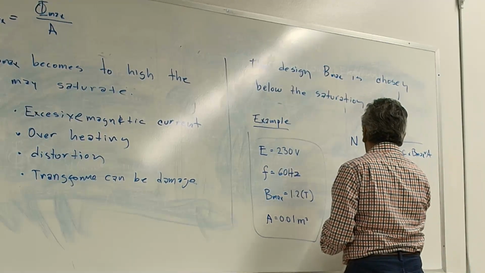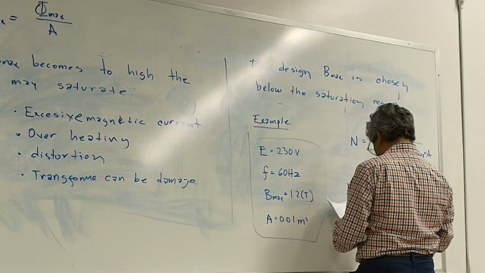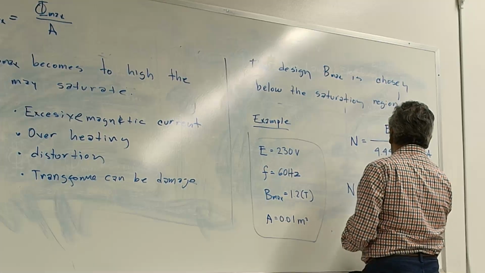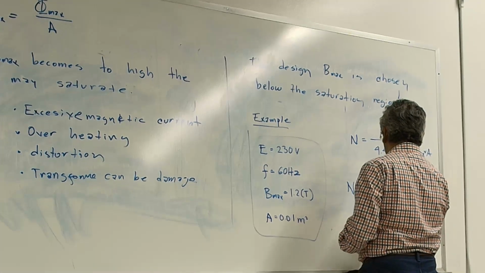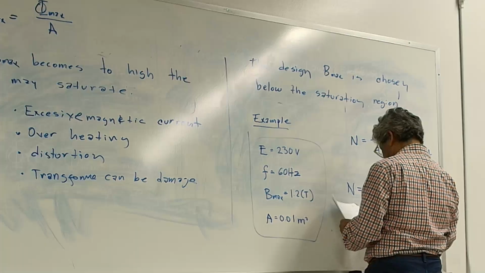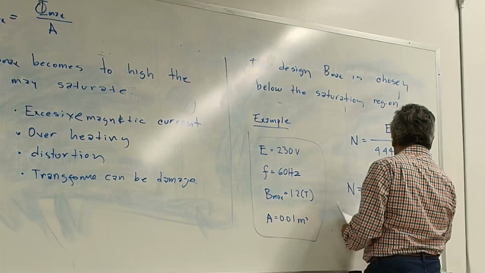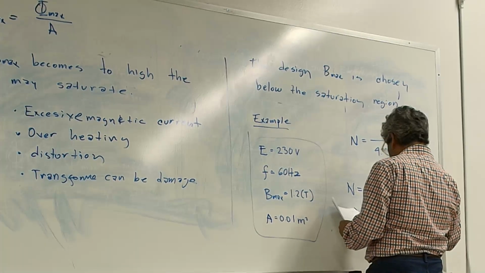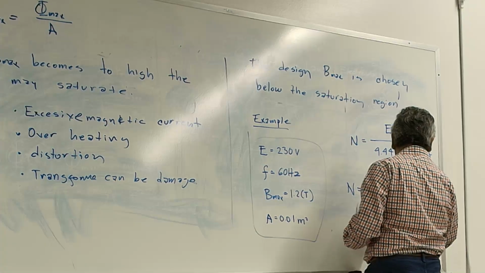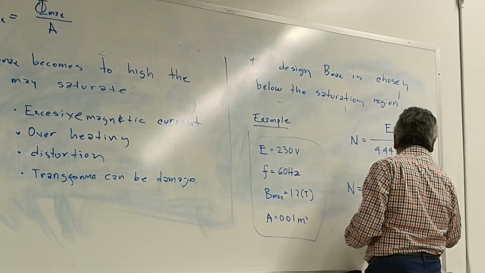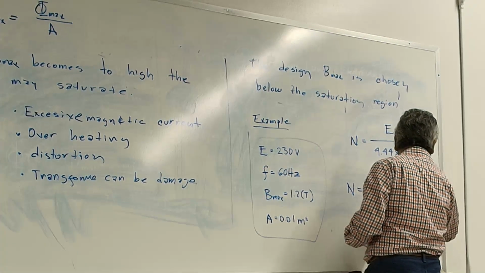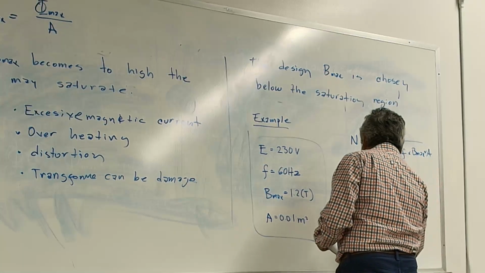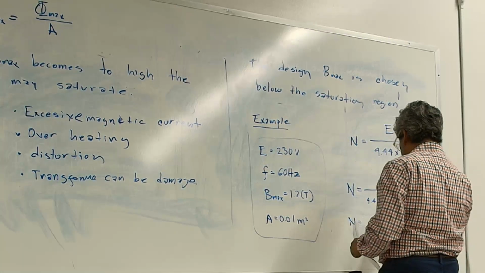So N is equal to 230, which is the voltage, over 4.44, which is a constant, I'll tell you where that comes from in a minute, times 60 hertz times 1.2 Teslas times 0.01 meter squared. So N is equal to